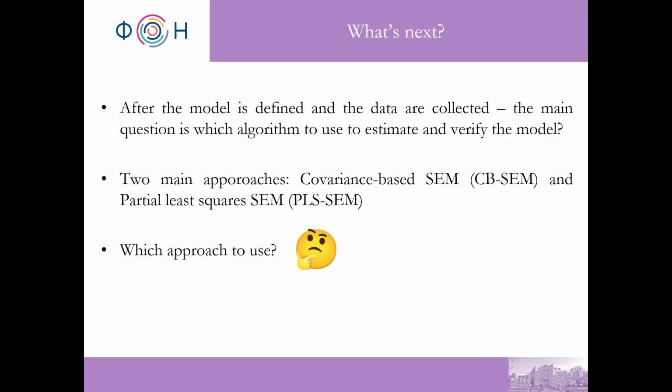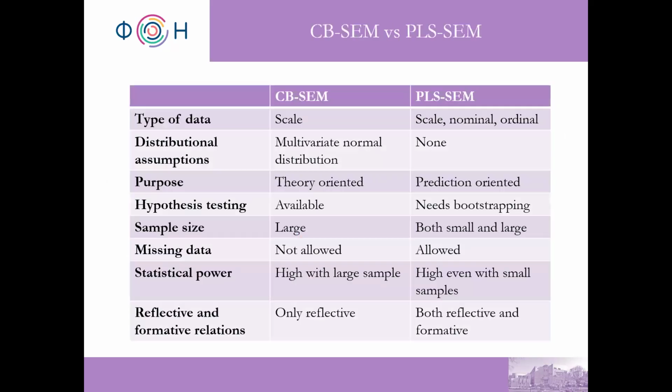Should we use a covariance-based SEM analysis or partial least squares SEM analysis? This slide and this table should help us find differences between the two algorithms,